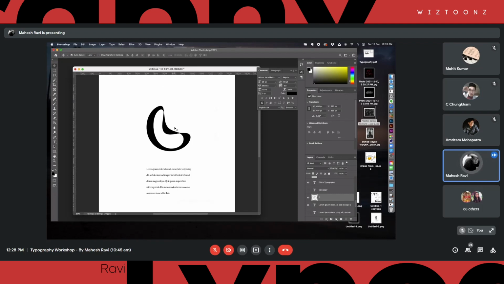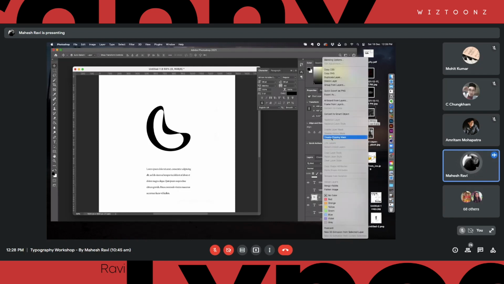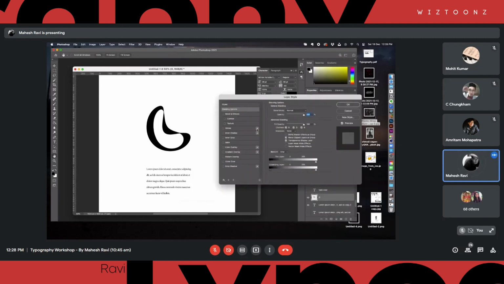But to make that particular effect perfect, we wanted to add a lot more effects into it. So for instance, what I wanted to do here is create a shadow. So for this O, I'm going to go here and add a drop shadow. You can see that there is a shadow right here, right? Are you able to notice this?